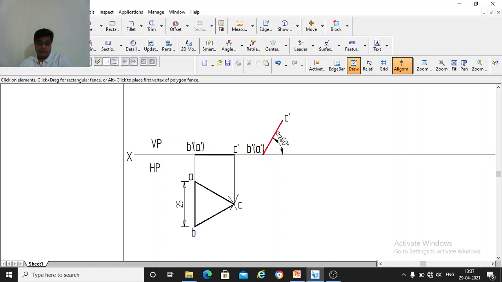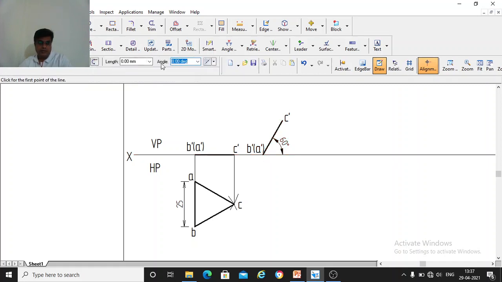Once we get the front view, we can start drawing lines from these points A, B, C. From A and B, we draw a straight vertical line downwards. Again from C dash, we draw a vertical line straight downwards.